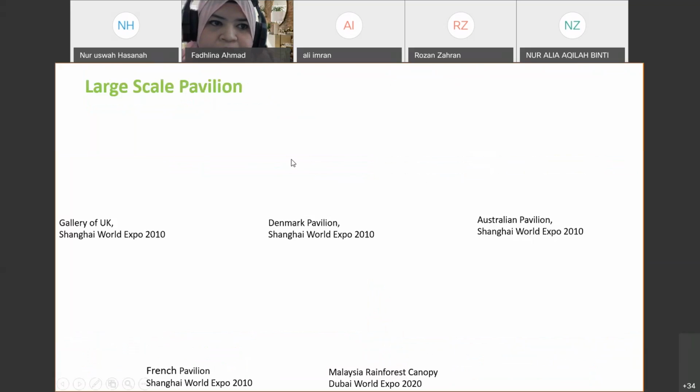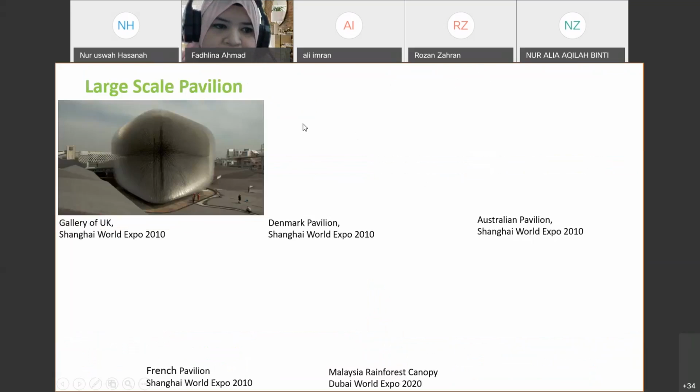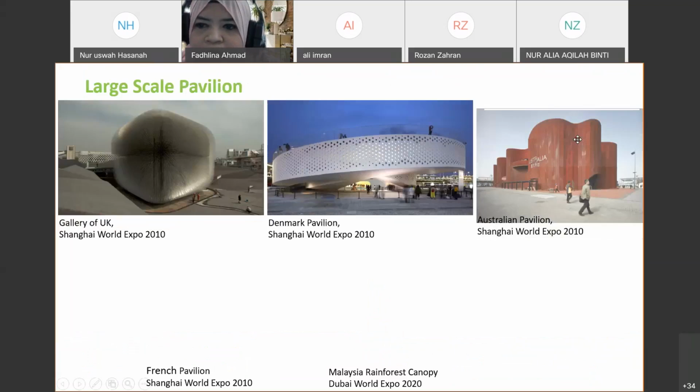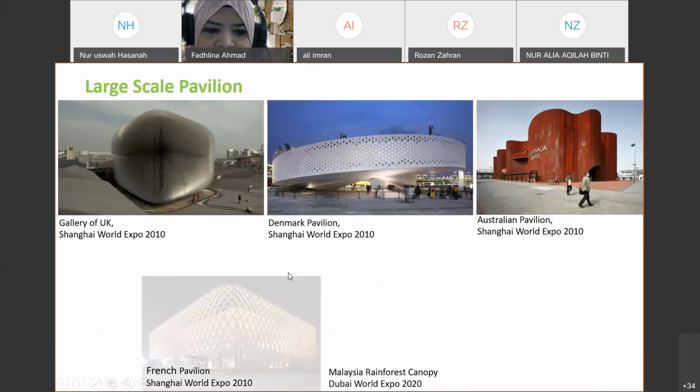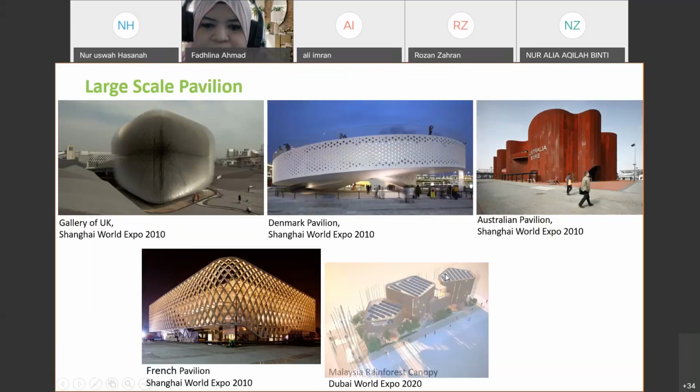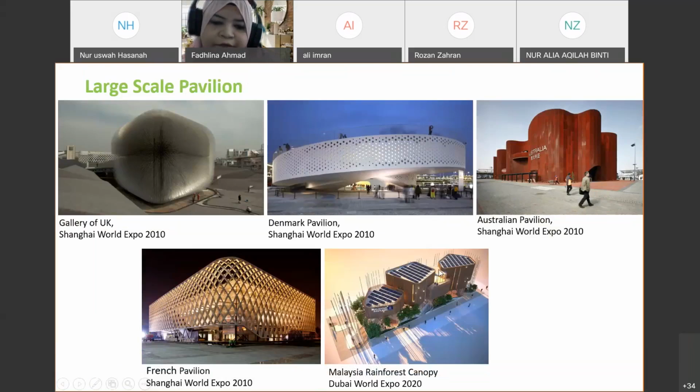Okay, this one is also types of a pavilion. Either you want to have a large scale pavilion. Okay, this one is called the Gallery of UK, Denmark Pavilion, Australian Pavilion, French Pavilion, Malaysian Rainforest Canopy. Okay, this one, it is an annual event